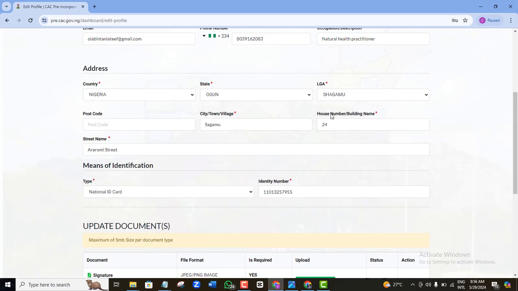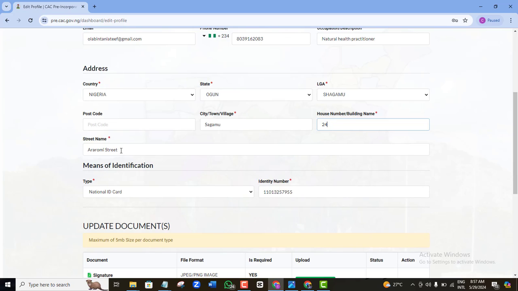Now you can see here they are saying house number and building name. Some people will just come here and just jumble everything up in house number and building name. Here you're supposed to provide only the number of your address. So if your house is number 24, you are adding only 24 here. If your house does not have a number but it has a building name, maybe 1004 building, for example, you just say 1004 building. Okay, that is the only thing that should be on this field. Then the name of your street or the road should be what is here. Okay, if you don't do it like that, your address is not going to be clean. And CAC will query, they will tell you that your address is not traceable.